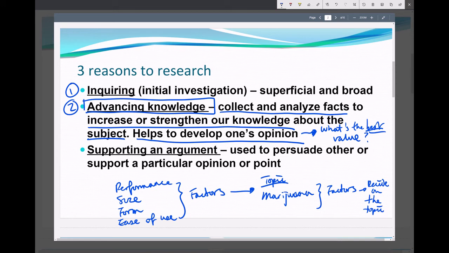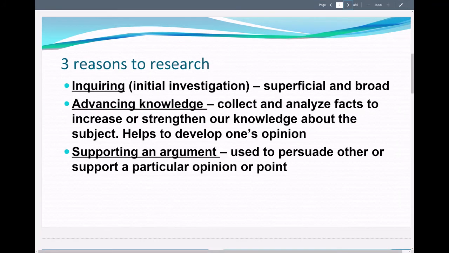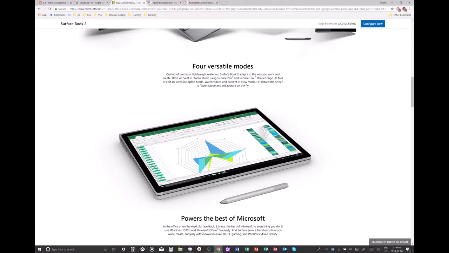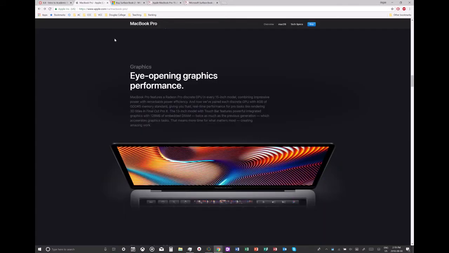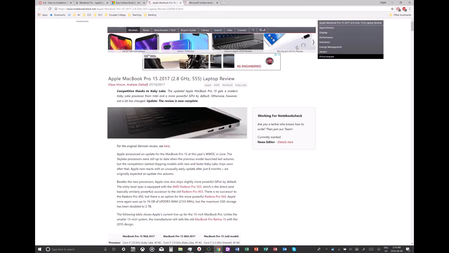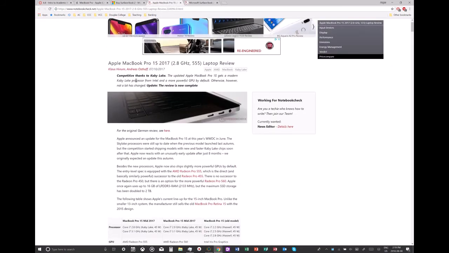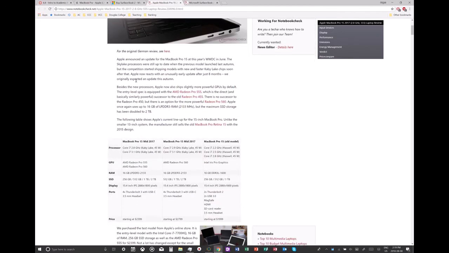And you need more knowledge to do this, to collect and analyze the facts. So what that might look like with the computer example is, instead of going to the company website where they want you to see what they want you to see, you go to an independent website and they do careful research, more careful than what we can do.